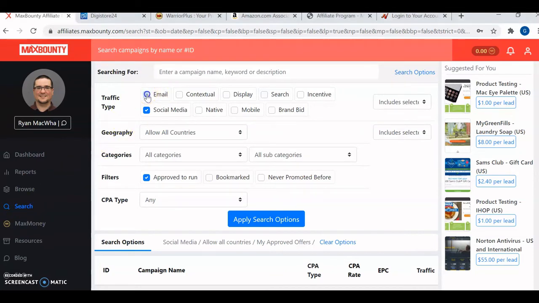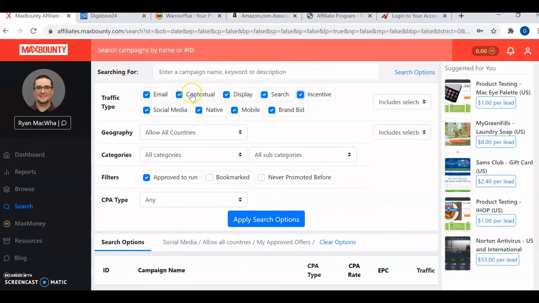and then these ones are normally checked, all of them. So what you'll do is select whichever kind of traffic you want to send to your offer. If you want to use email, you select email.